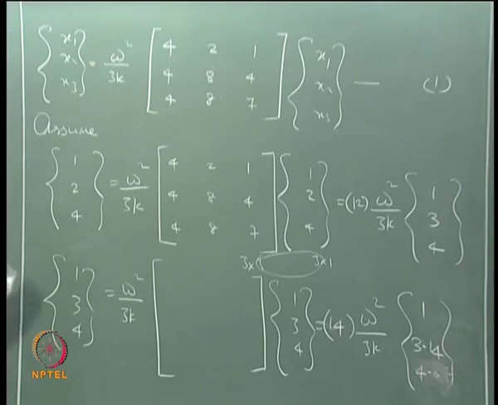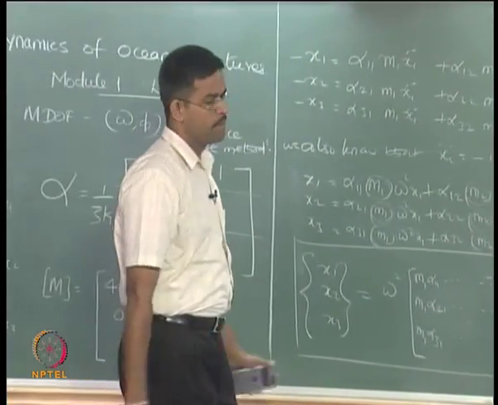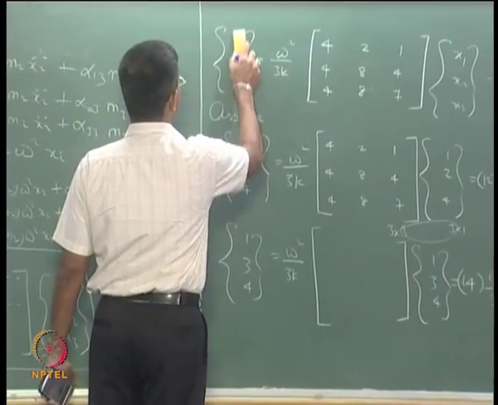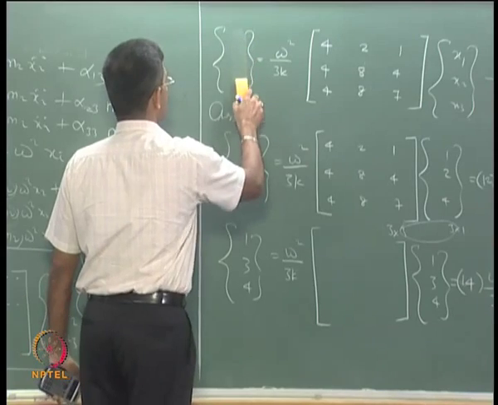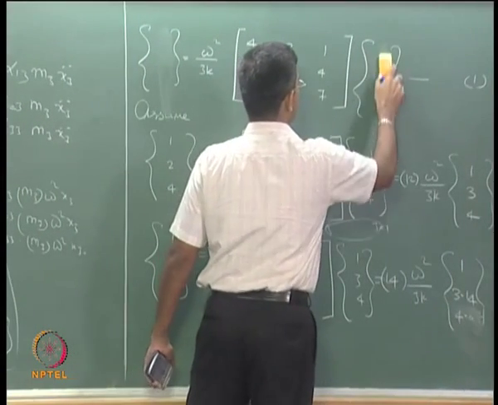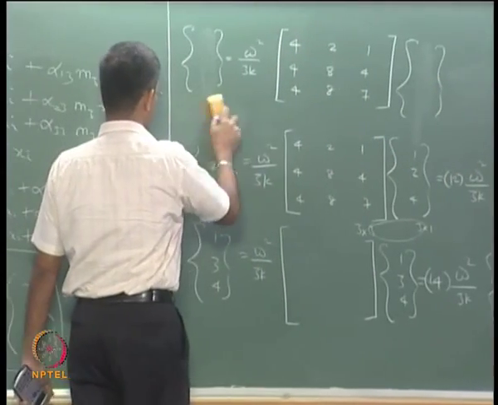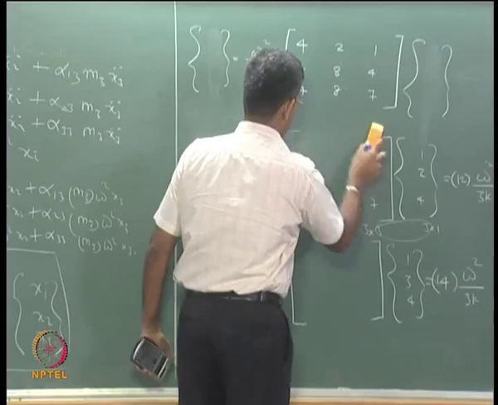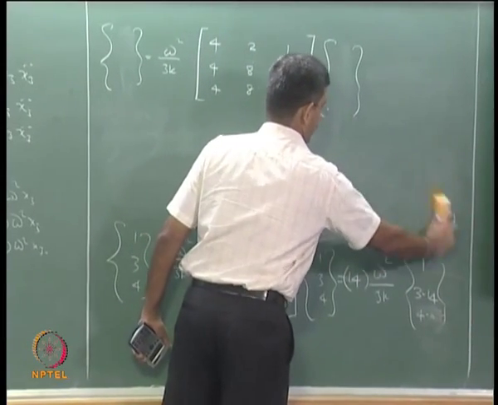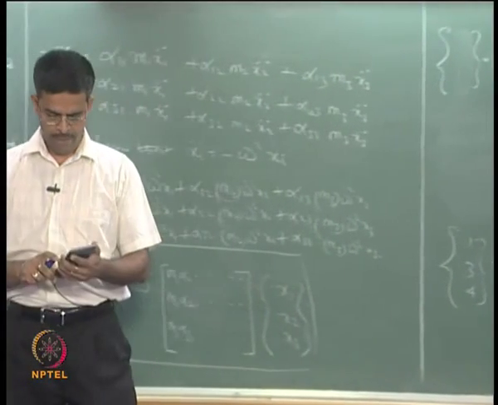I have to unfortunately do it on the same space of the board because I need this as well as I need this. So worst case, I will just rub this and keep on doing this. I am not going to do that, you will tell me what is the final value after convergence. So, I will remove this and tell me what is the final value you are getting. So, keep on doing the operation again and again.